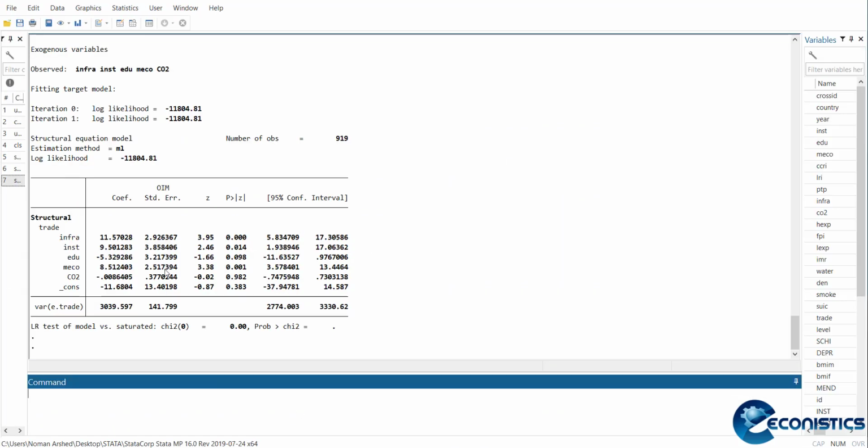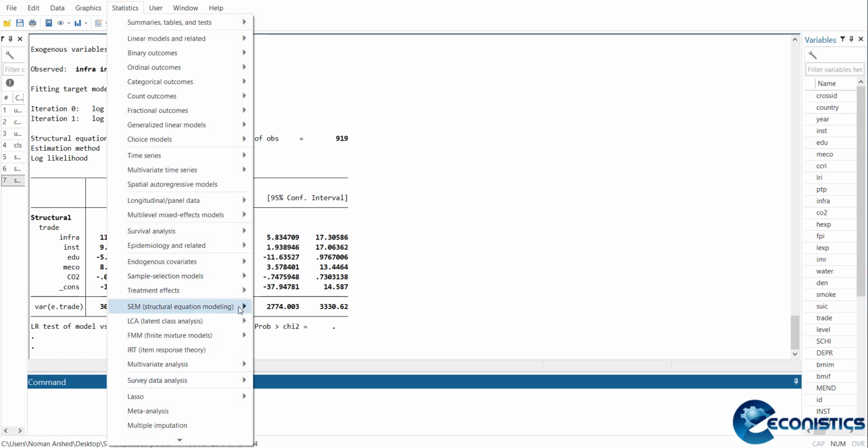If you go in the table, you can see all of the variables. There's only one insignificant, and this table is showing the estimation results. Once the results are there, you can go for details like statistics, modeling.